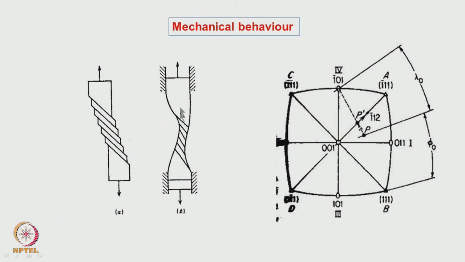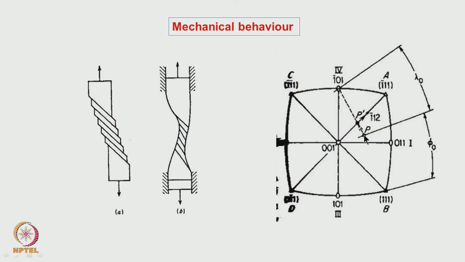In the mechanical metallurgy course, you will be studying all these aspects. In a single crystal, we assume that only a single slip system is activated. So, this is the way it will be deforming if it is not being held rigidly. If it is being held rigidly, then since it cannot translate, a rotation of the slip system has to take place. So, that is what essentially is being shown on the stereogram.